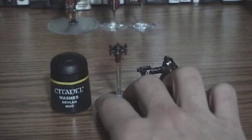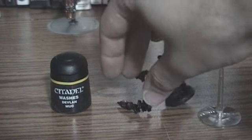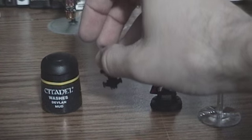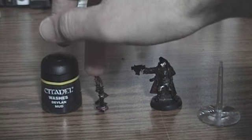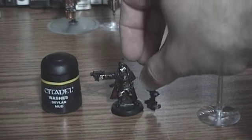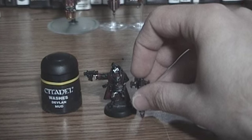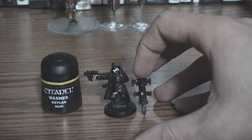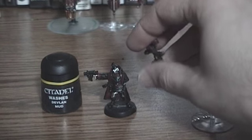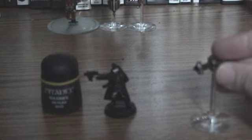Now if we actually take him off the stand and place him on the tip of his base, there he is compared to the paint jar. And get him right next to the commissar. So he's really tiny, he doesn't go up past the head of the commissar model. And like I said, this is most likely the smallest you're really going to find for most of the escorts in the game. And the next one up is